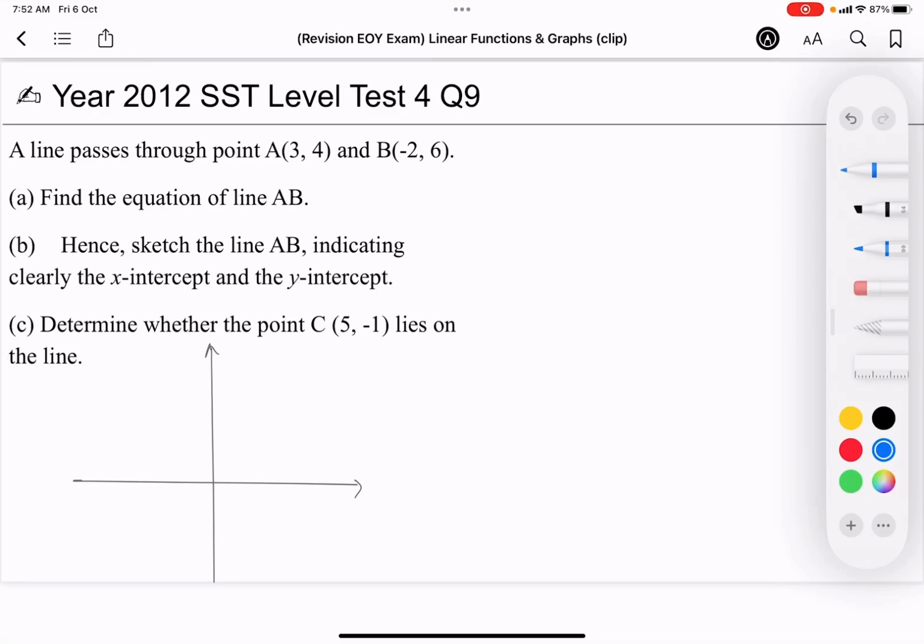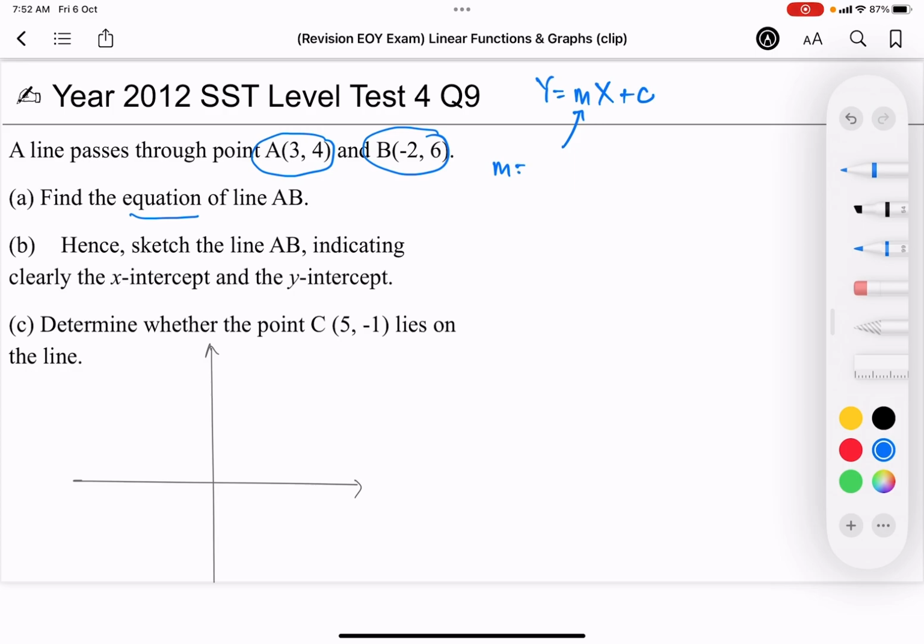In this question, we are given 2 points on a line and we are supposed to find the equation. So let's go back to y equals mx plus c. Now, we know that as long as we are given 2 points, we will be able to find the gradient,